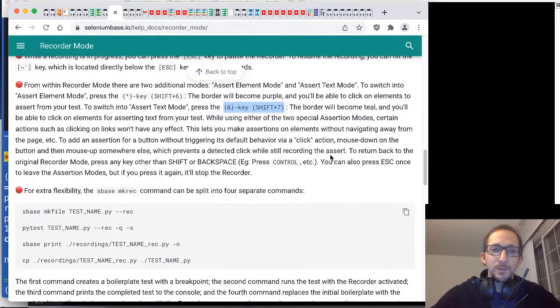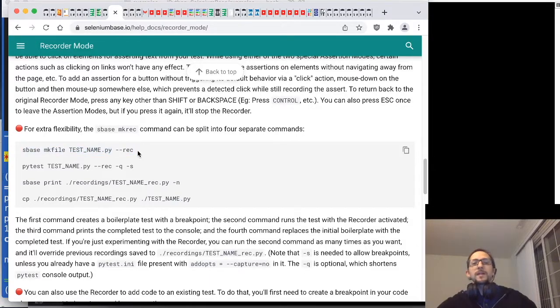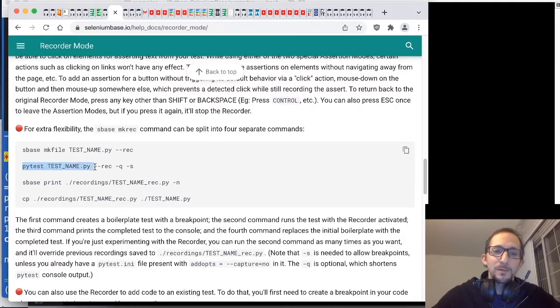So for extra flexibility, the sbase mkrec command, or mkrec, however you want to call it, basically combines 4 different actions. The sbase mkfile testname.py --rec, which creates a new empty test with a breakpoint in it, and then it runs pytest with that in recorder mode in order to let you add in your actions. At the end of that, it then gets saved into the recordings folder with test_name, or whatever you called it, _rec.py,